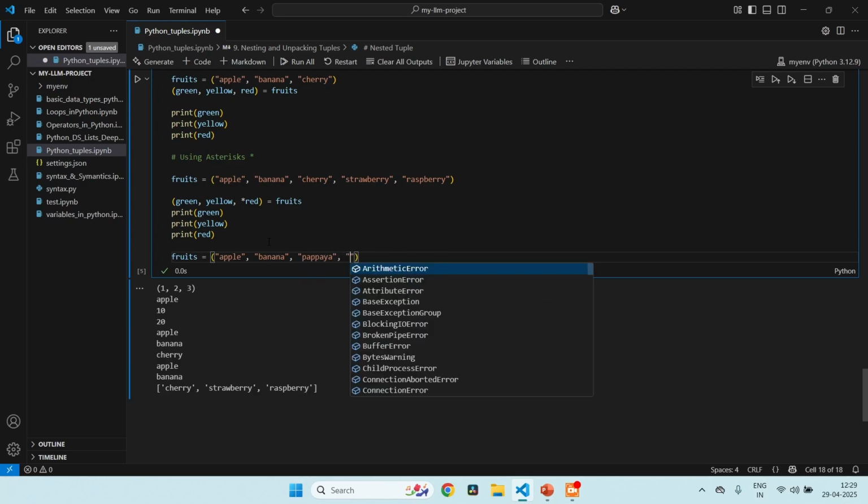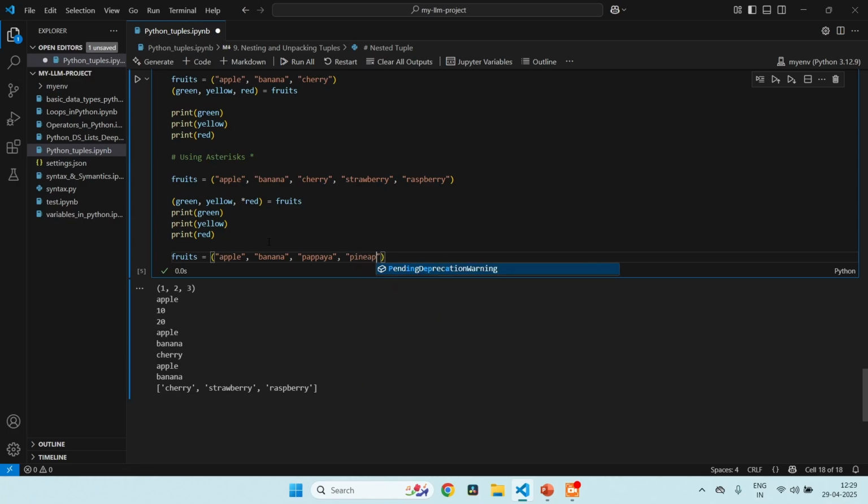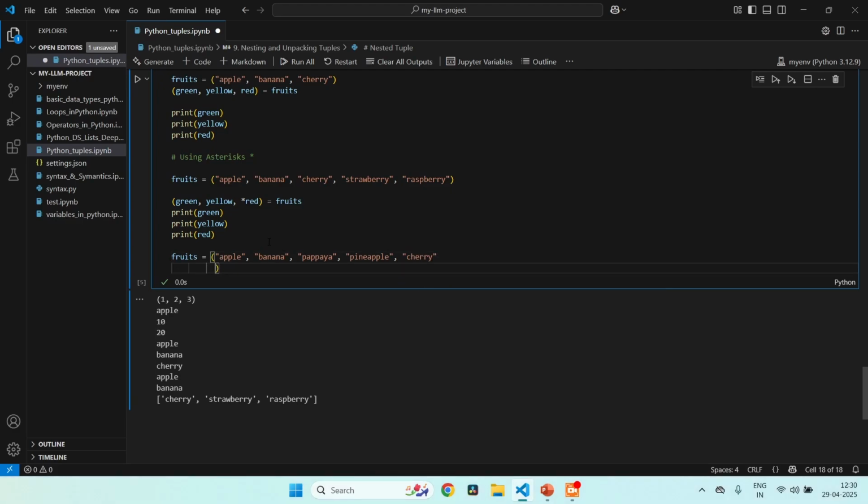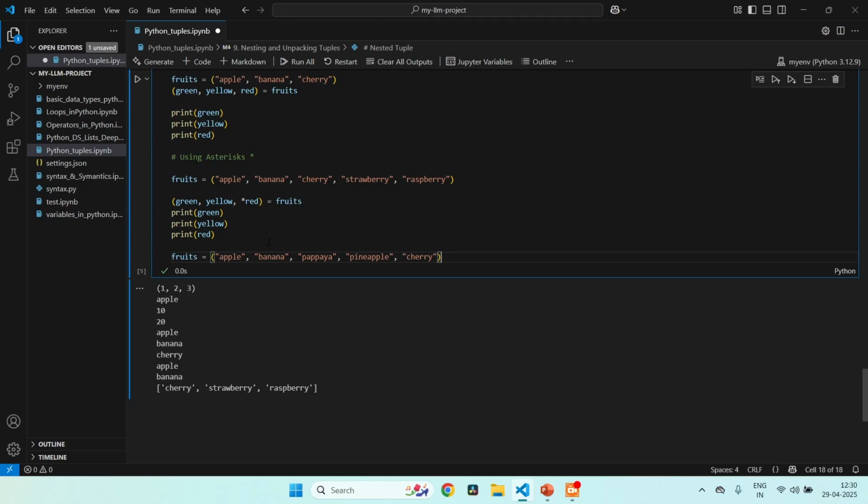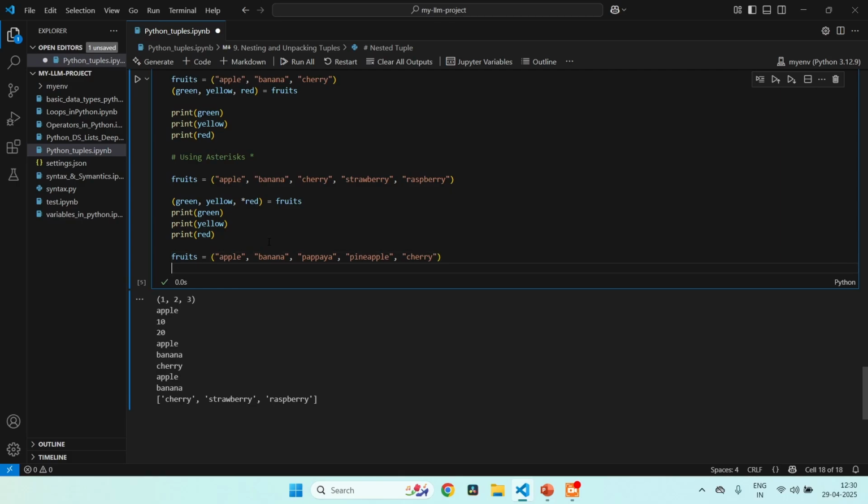And then I'll say pineapple, and then I'll say cherry. Okay, and this time we will use asterisk in a different way. So what we'll do this time is I'll say green, and then I'll say asterisk tropic. Okay, and then I'll say red and equals